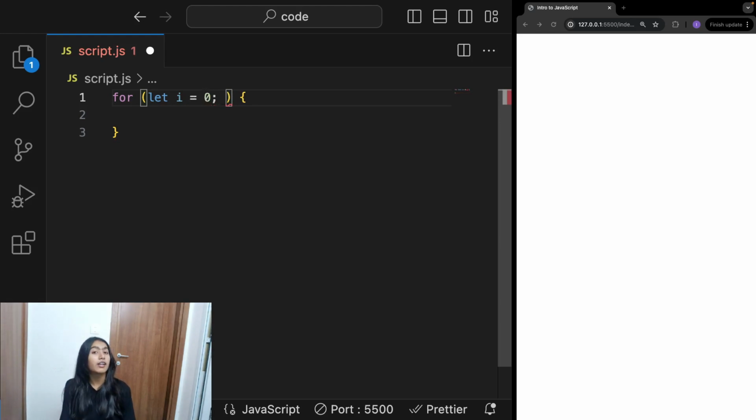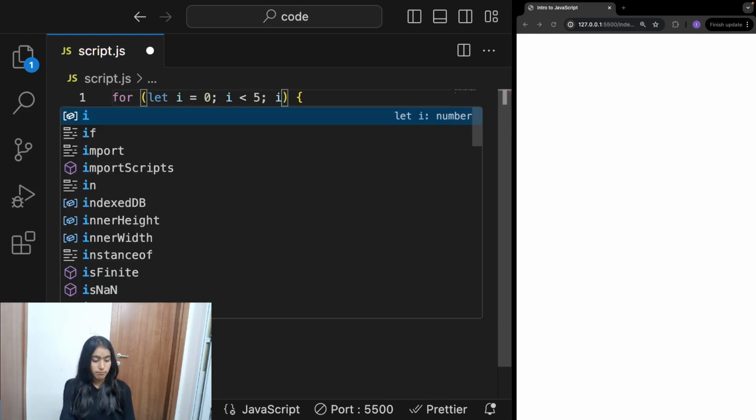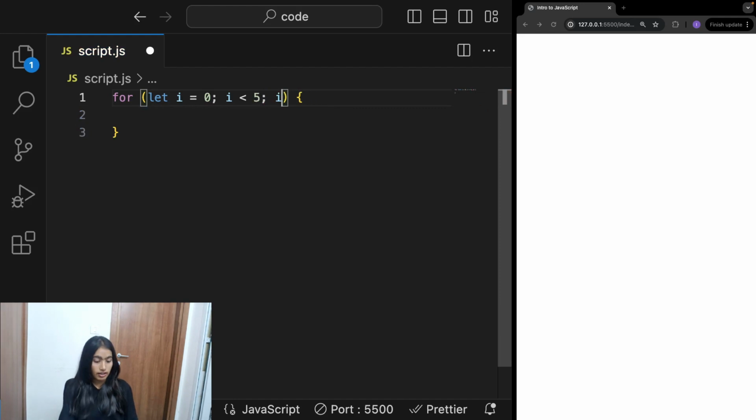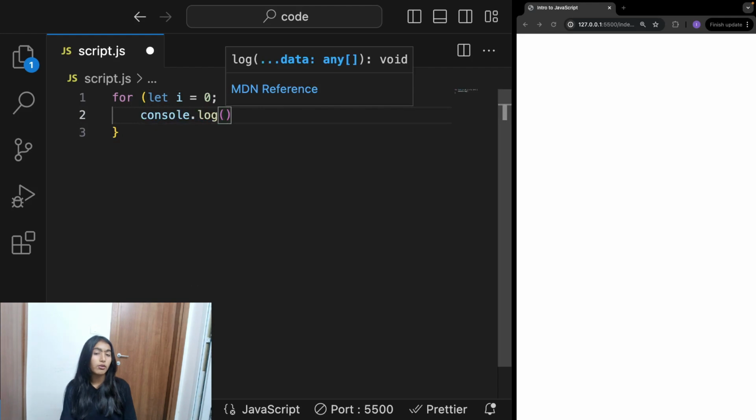And then condition. So let's say i is less than 5 for now. And then i plus plus would be incrementing, and i minus minus would be decrementing. For now I'm just doing incrementation. Inside the curly brackets is the block of code that you want to get repeated.